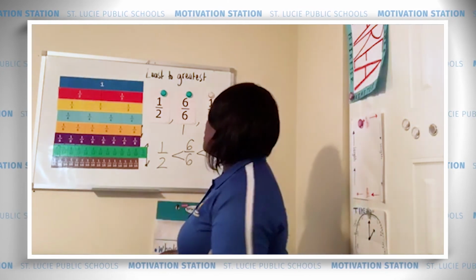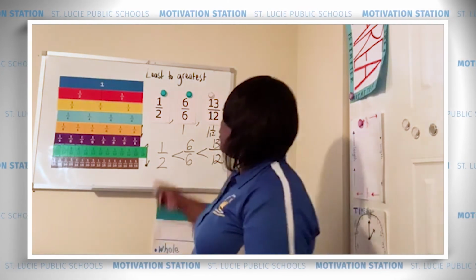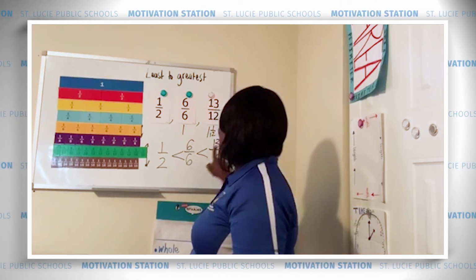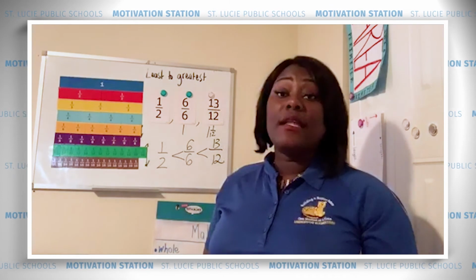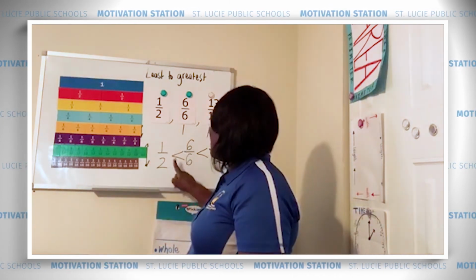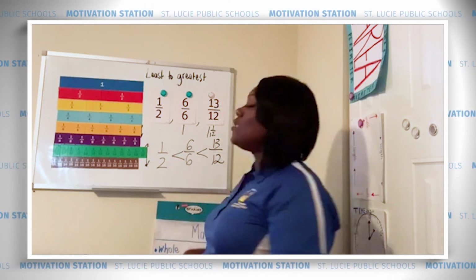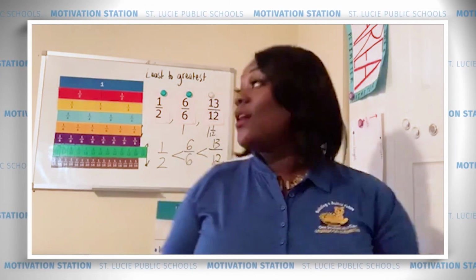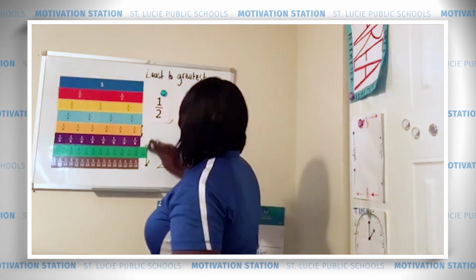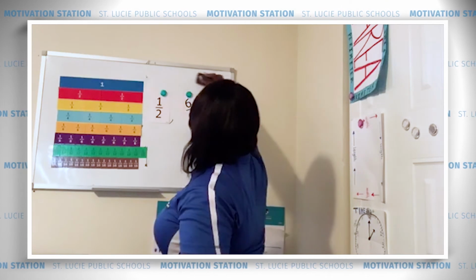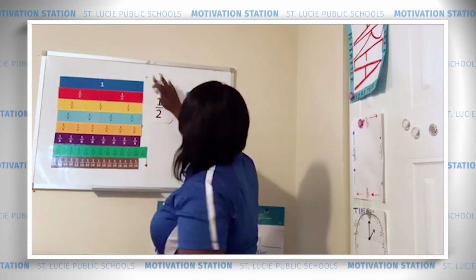I'll read this comparison statement twice, and you can read along with me the second time. Here we go. 1/2 is less than 6/6 is less than 13/12. Now let's read it together. 1/2 is less than 6/6 is less than 13/12. Excellent job. We're going to order and compare one more set of fractions, but this time